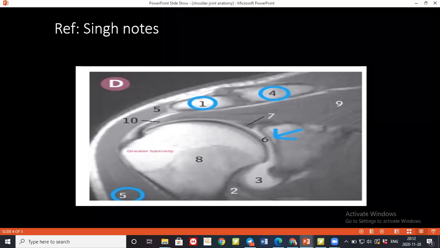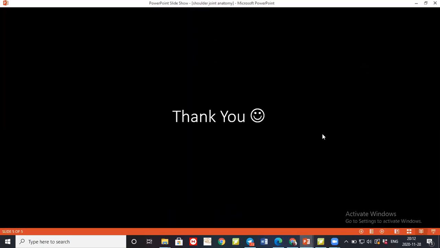Actually, the pectoralis major originates from the clavicular end and the sternocostal origin. From the clavicular end, it arises from the anterior surface of the medial half of the clavicle. And from the sternal end, it arises from the anterior surface of the sternum and also the costal cartilage of the upper 6 ribs. And it's inserted into the lateral lip of the bicipital groove. And the function is,